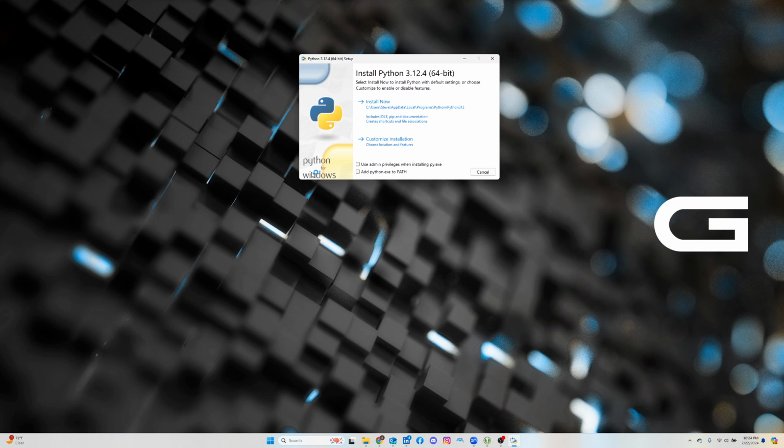So this is the Python installer. When you double click on your download, this is what you're gonna see. So I would always check these two boxes. Use admin privileges when you're installing py.exe, as well as adding it to your command line path, just in case you run into issues later. So